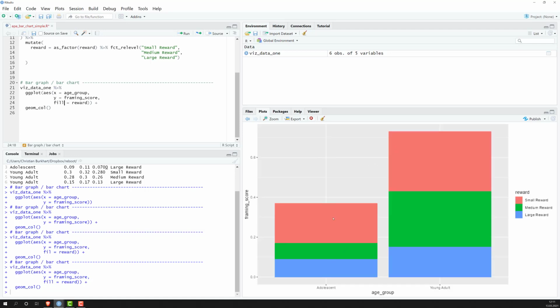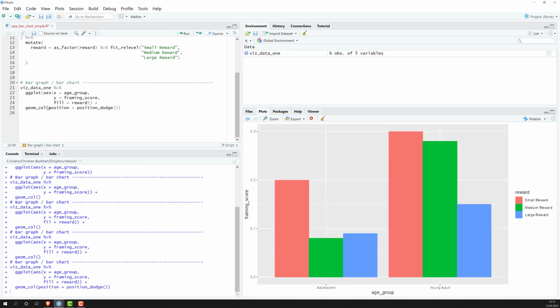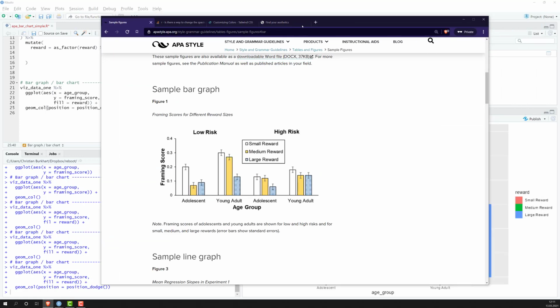But unfortunately, they're stacked. We don't like it to have stacked bar charts. We want to have them side by side. So I need to dodge them. And I can do that with my position argument, position dodge. Okay, great, looks wonderful. If I have a look at the official one again, you can see that there's some